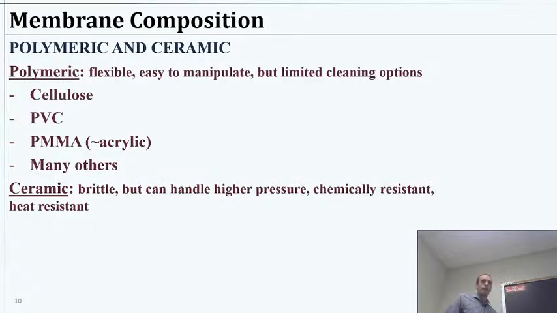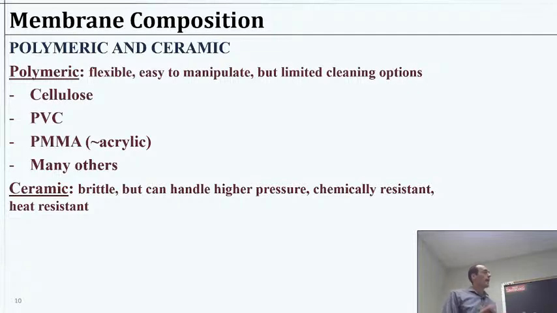All right, so let's talk a little bit about the type of material we can make membranes out of. There's really 2 classifications we would say. One would be polymeric, so out of some sort of polymer material. I think we talked a little bit about polymers already. Basically, we take some monomers, so individual molecules, and in a controlled manner, we cause them to polymerize. So one links to the next, which links to the next. There's usually certain types of molecules that can do this really well. We trigger that with some initiating system, depending on the type of molecule they are, how their